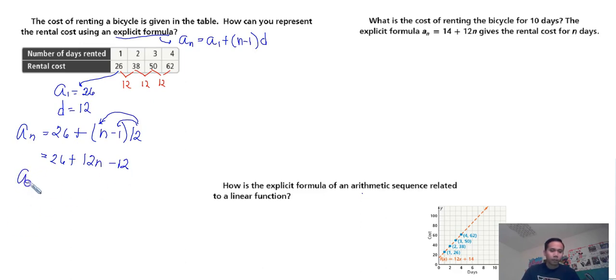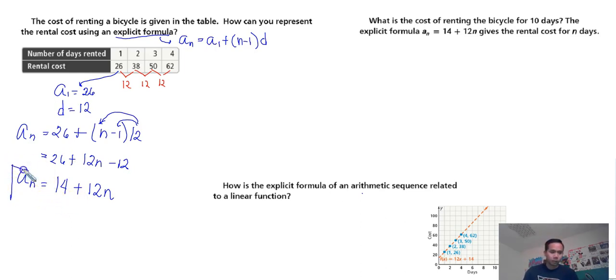From there, 26 minus 12 gives us 14, plus 12n. So the explicit formula is a sub n equals 14 plus 12n, which gives the rental cost for n